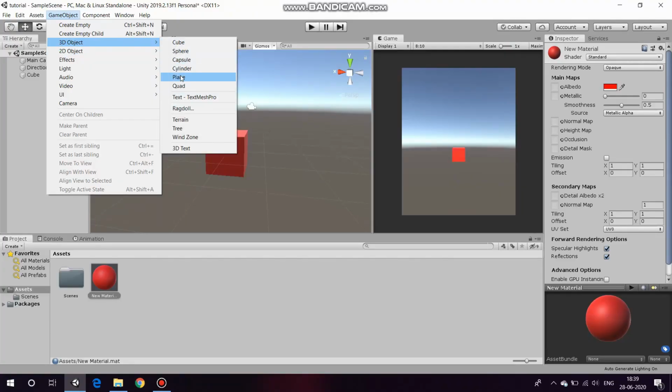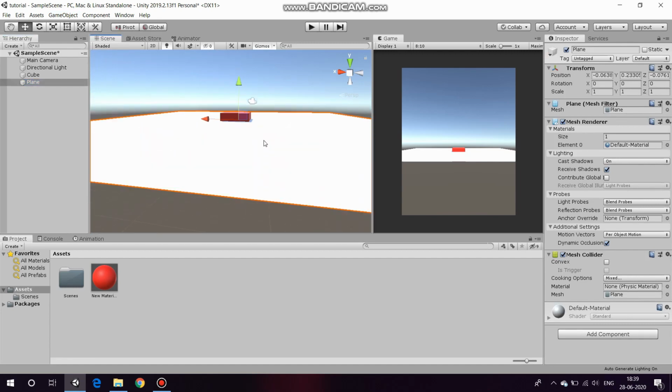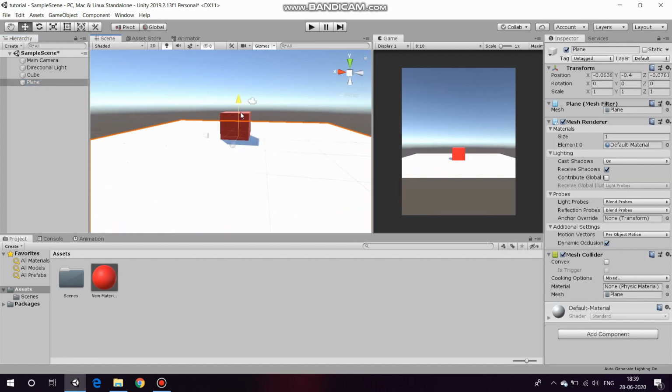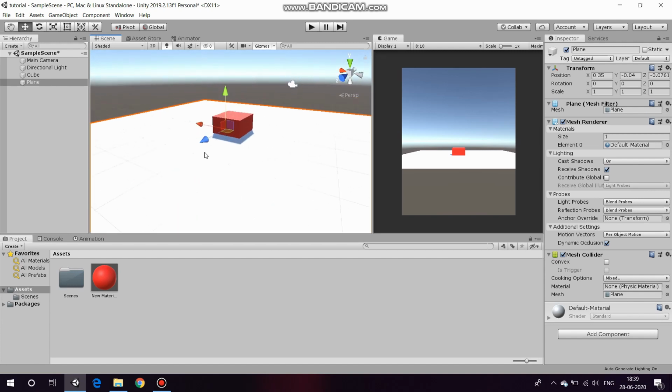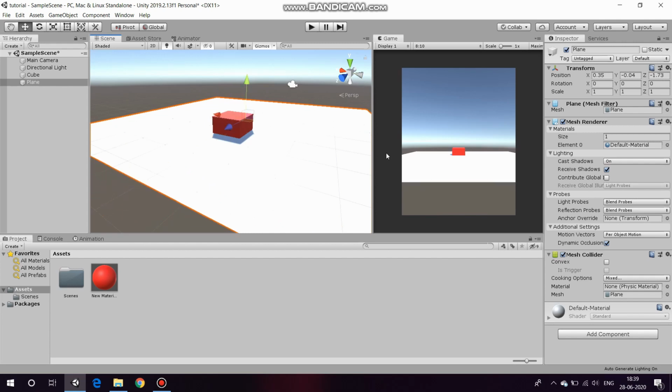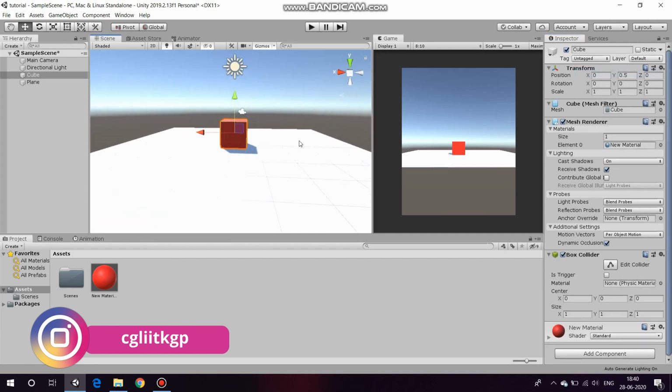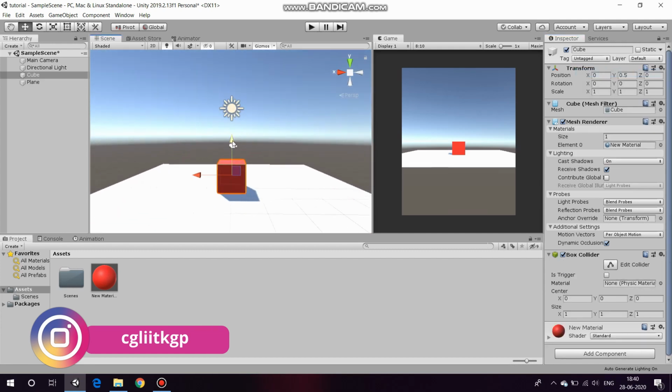With all the basic layout explained, let's do something interesting. We'll do some physics simulation here. I hope you'll enjoy that. We'll add another game object to the scene, which is a plane. The plane is going to act as a ground. With the plane selected, you can see that the plane has a component called Mesh Collider. The Collider component is responsible for giving the plane the ability to act as a collider and collide with other game objects in the scene, which also have colliders attached to them.